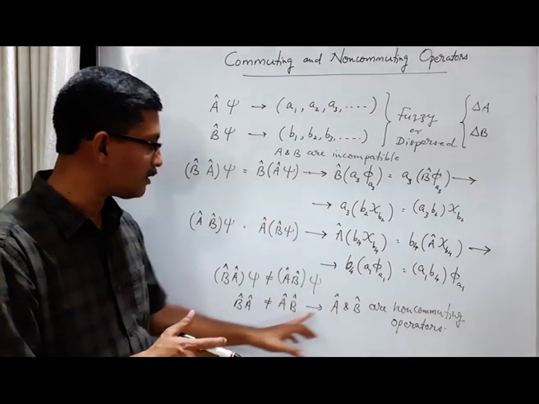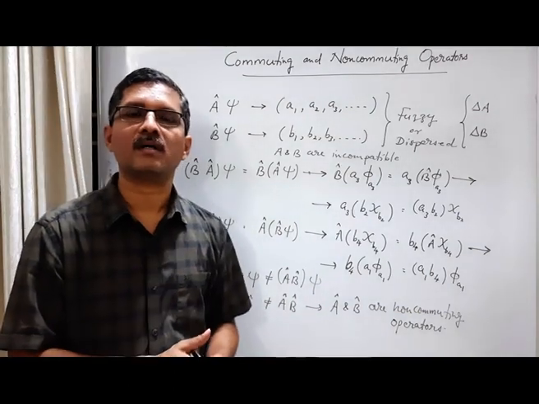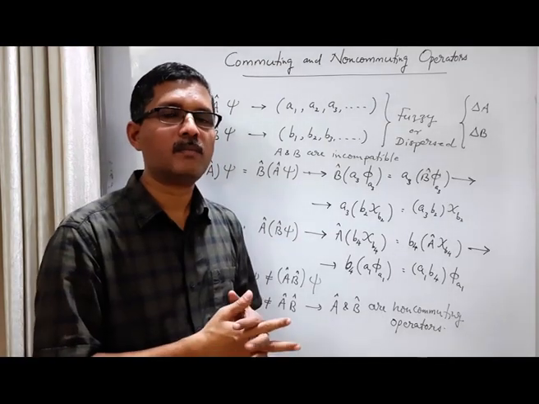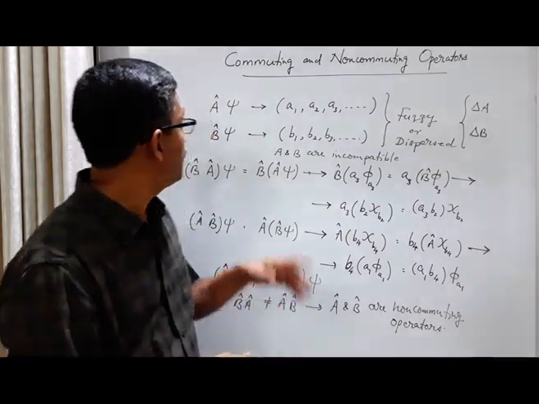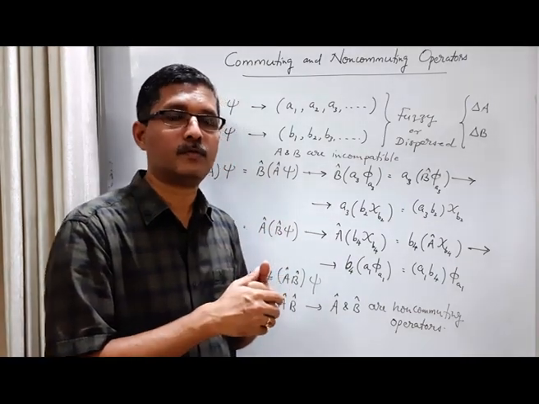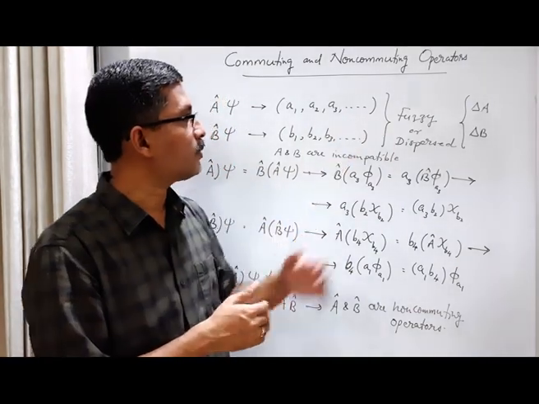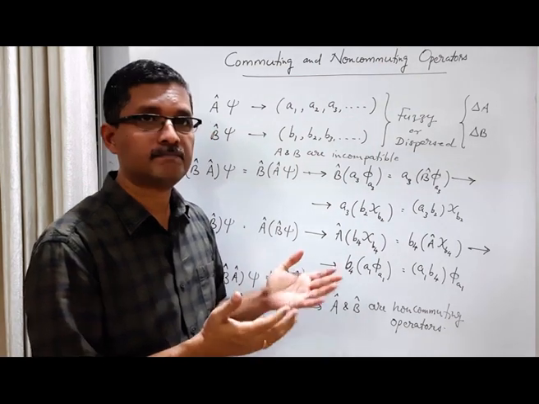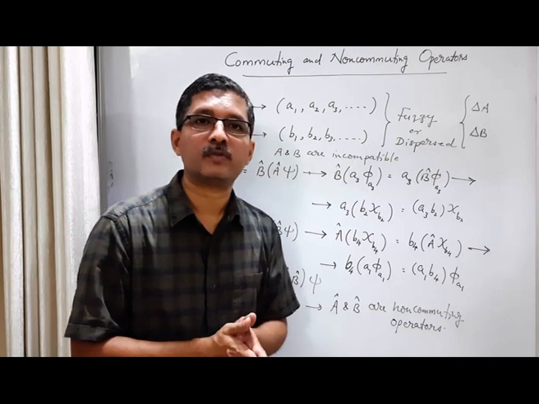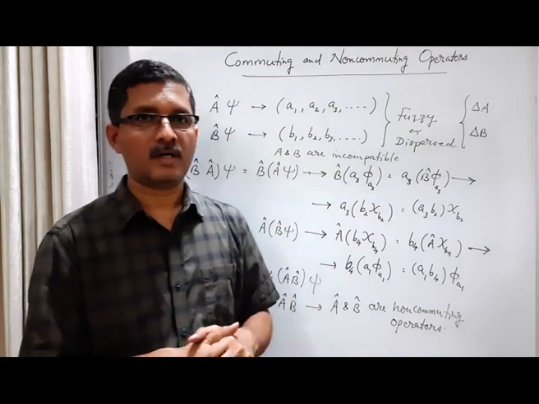That means the operators are non-commuting operators. What is an example of a state which is not an eigenstate of two operators, where both operators are fuzzy and they are incompatible? If we go back to the example of stationary states of hydrogen atom, consider a stationary